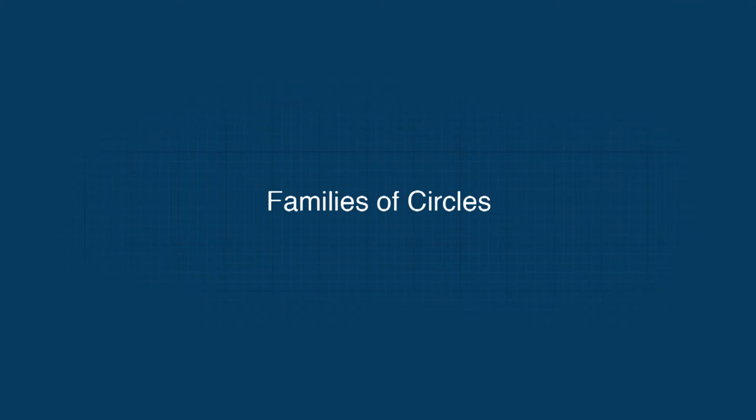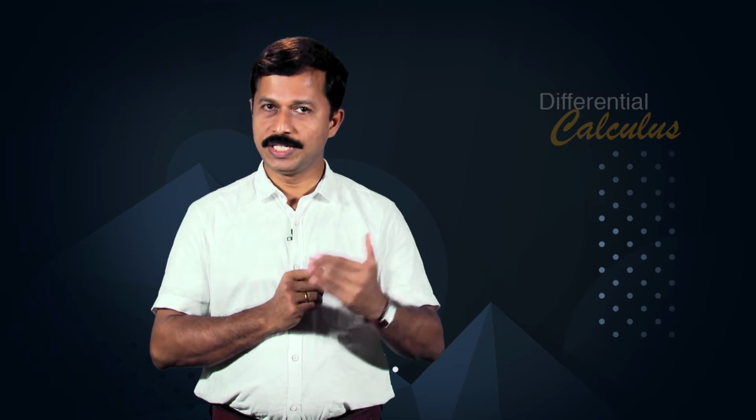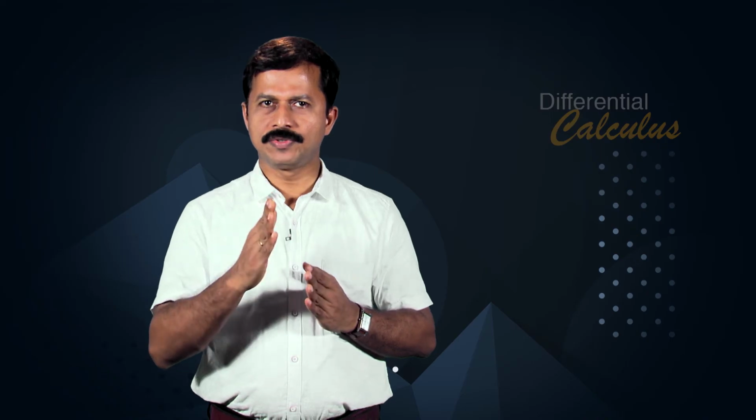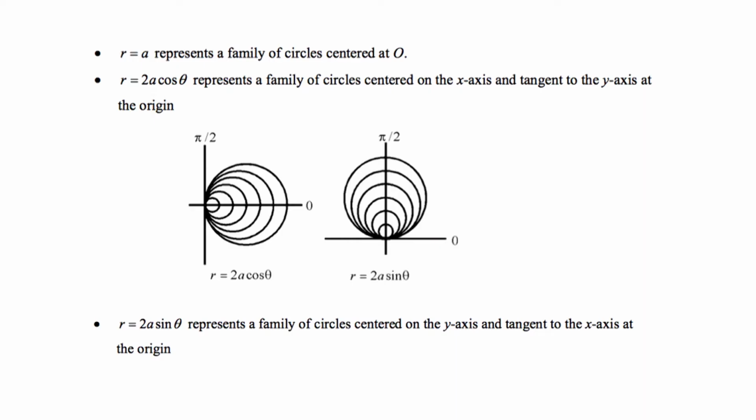We now consider families of circles. In the above examples, we have seen that r = a, r = 2a cos theta and r = 2a sin theta all represent circles, where a is a constant. If we treat a > 0 as a variable, then r = a represents a family of circles